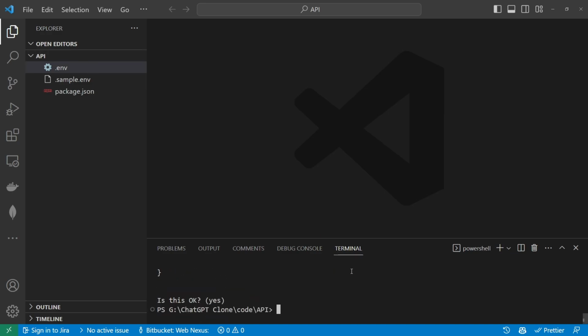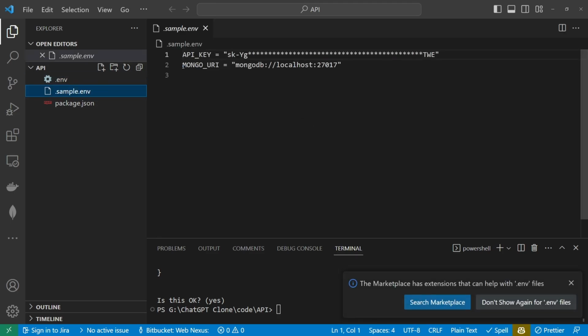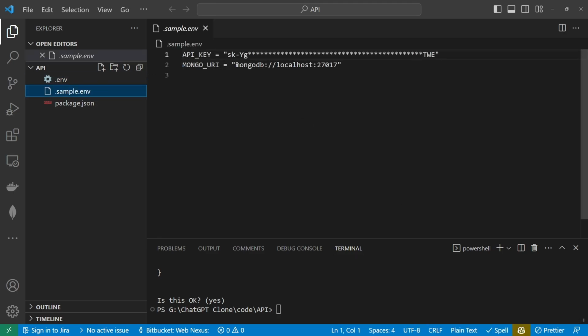Just say yes to all of those. As you can see as well on the left hand side here, we've just had package.json created. I do have an environment file and a sample environment file. The environment file contains my API key and the Mongo URI. So this is working with a local Mongo database. You can pop in here the URI to your database. It could be stored anywhere. And this API key, I've blocked out the center part for obvious reasons,